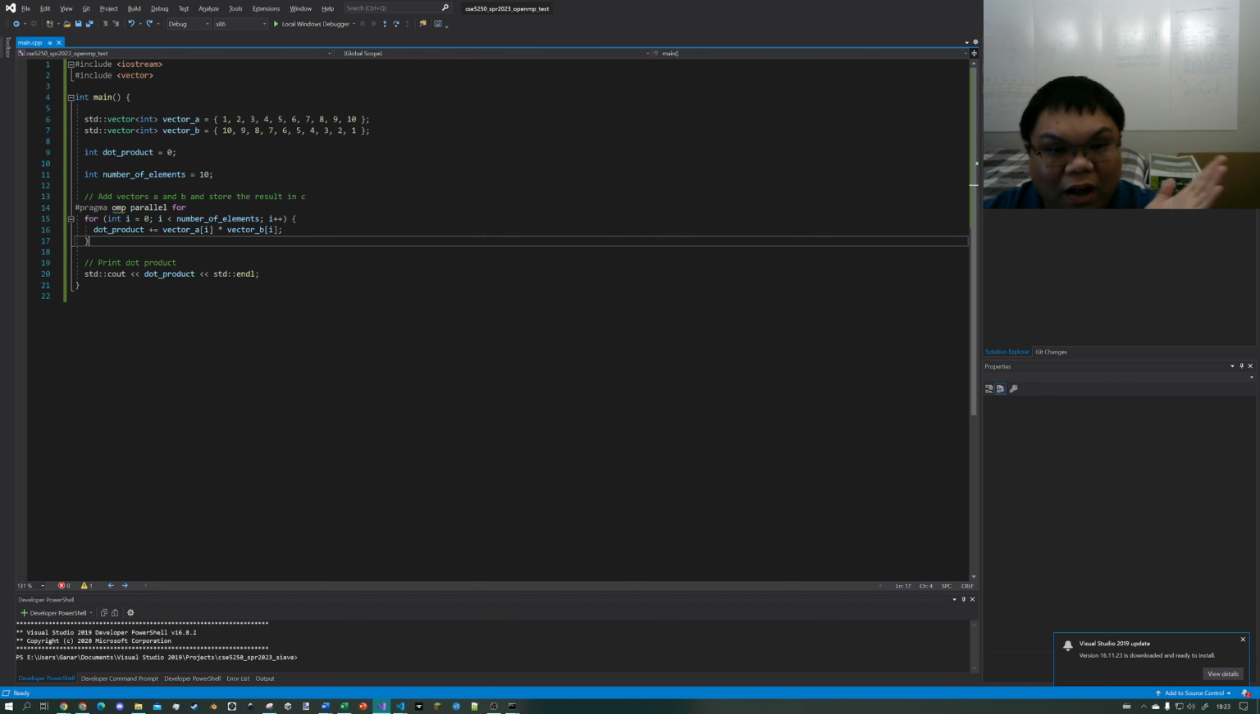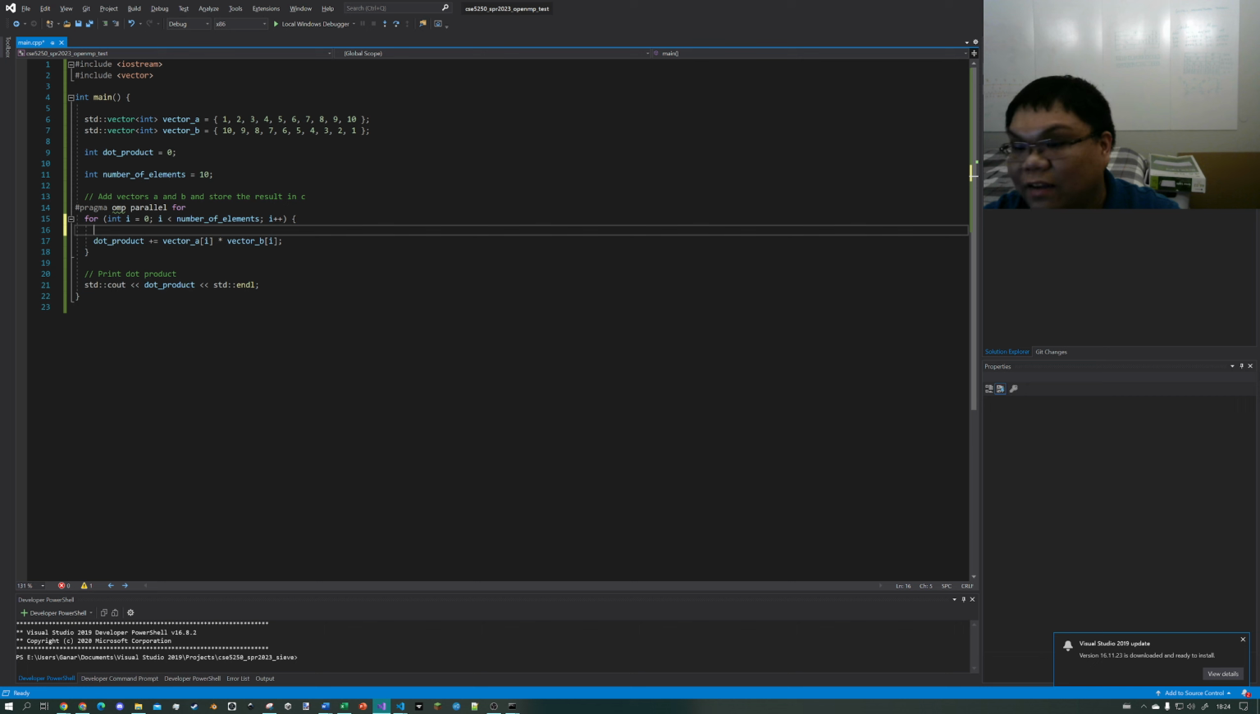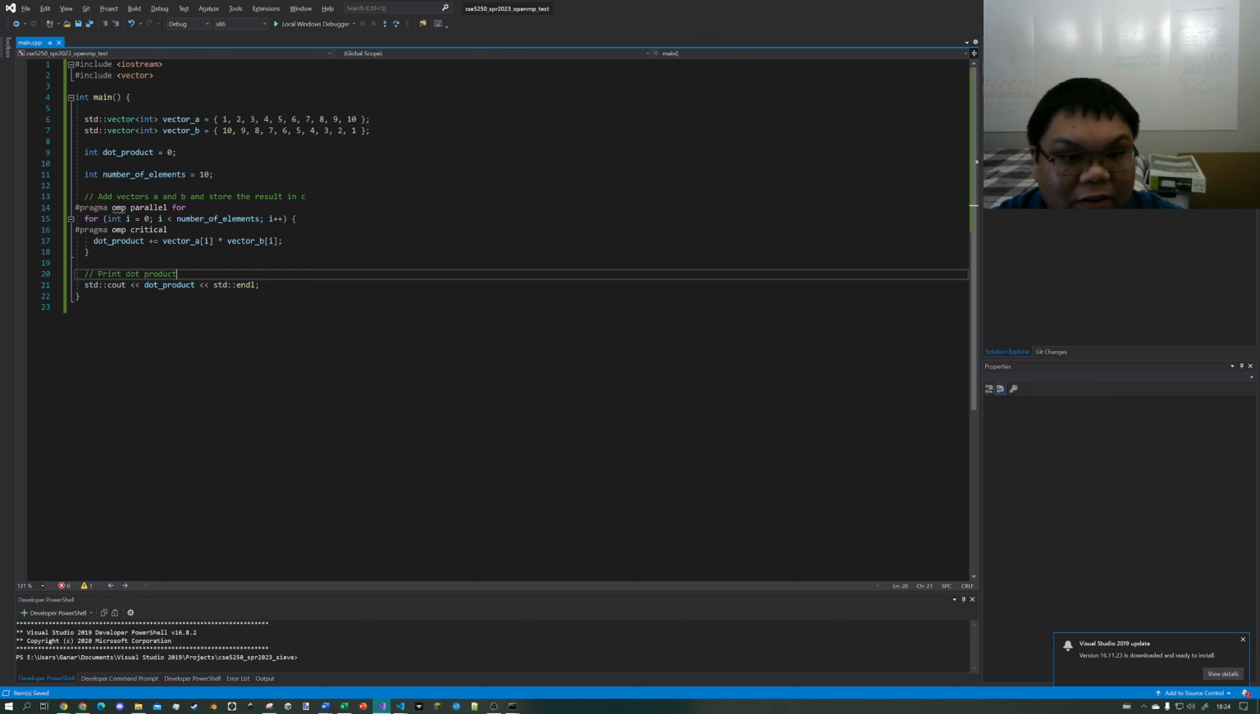All 10 threads can do this multiplication operation on their own, but when it comes time to add that result to the dot product, that has to be done one at a time. So we say that this is a critical section, and we can define it by adding this compiler directive called critical. This will define this single line of code as a critical section,